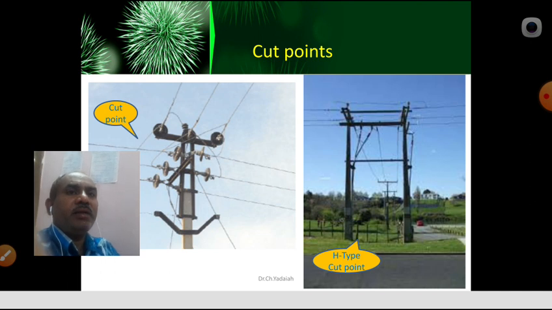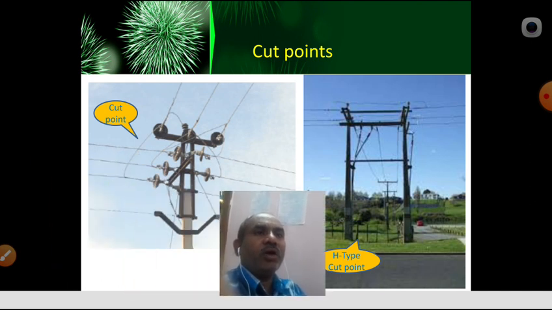Now you can see here the cut point also. So here the cut points, this is a single pole cut point. Previously we have seen each pole consists of 3 insulators incoming, 3 insulators outgoing. So in between we are going to connect one pin insulator also. Sometimes we can connect the pin insulators for standard purpose. So here each phase requires 2 disc insulators and 1 pin insulator. That means 9 insulators we require for the cut points in a single line.